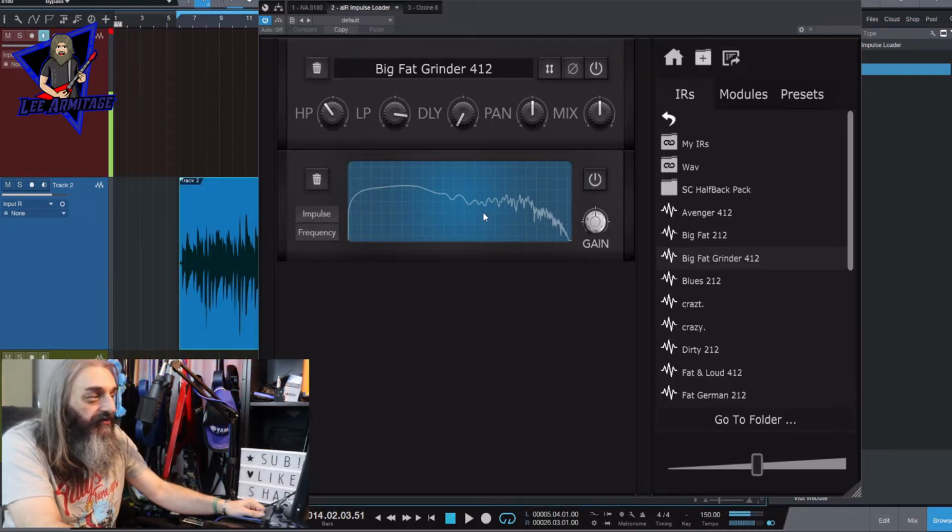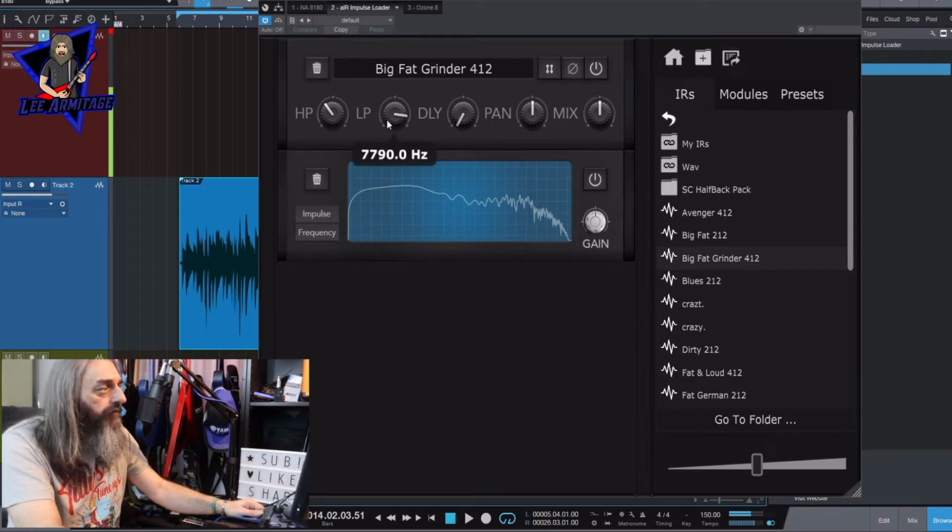As you can see the change in there as you're just dialing it in. So just taking the high pass filter to about 113 hertz, give or take, just to take a bit of that low end rumble off, and low pass just below 8K, just to